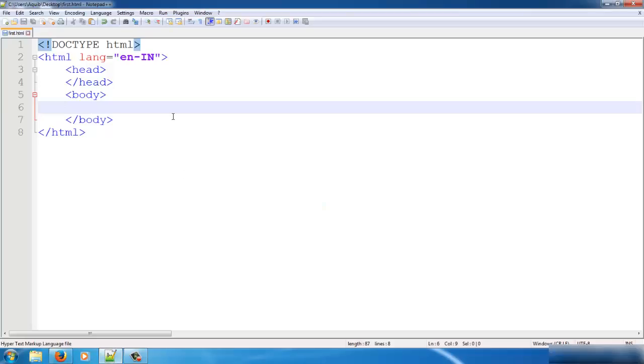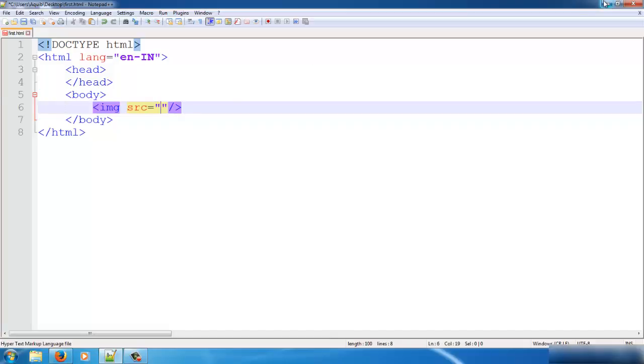So we'll be putting the image first. For image, the tag used is img and is a single tag. So in the img tag, typically we need to mention 4 different attributes. The first one is obviously the source of the image from where it is supposed to be loaded to the